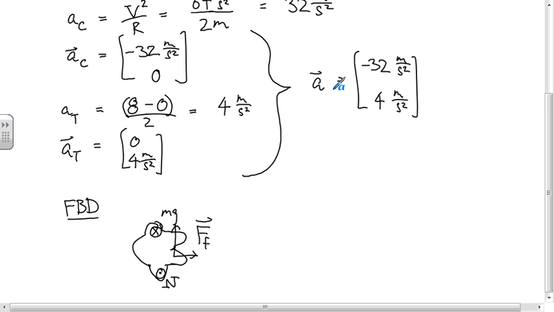So based on those intuitive examples, we know that this friction force has to be in the same direction as this, right? A little down, and a little to the right. Or I should say a lot down, a little to the right. So Newton's second law says the force of friction is equal to the mass, 15 kilograms, times the acceleration, negative 32, 4.